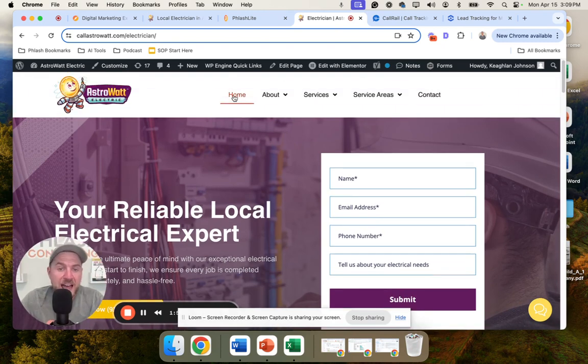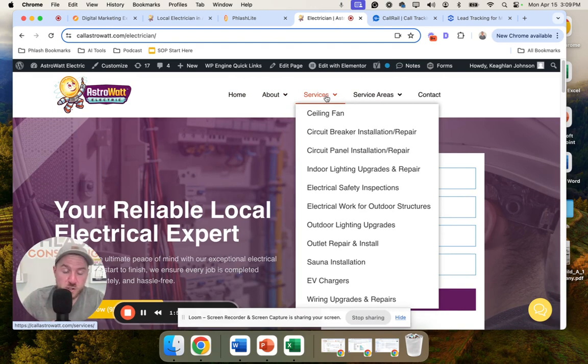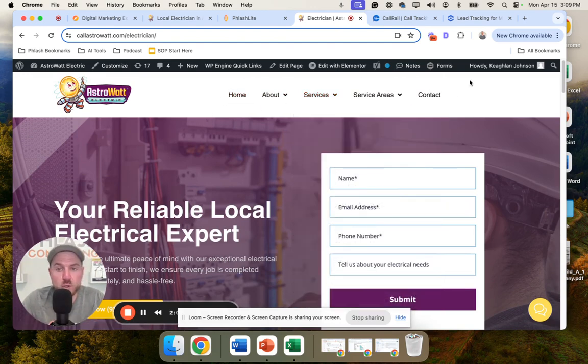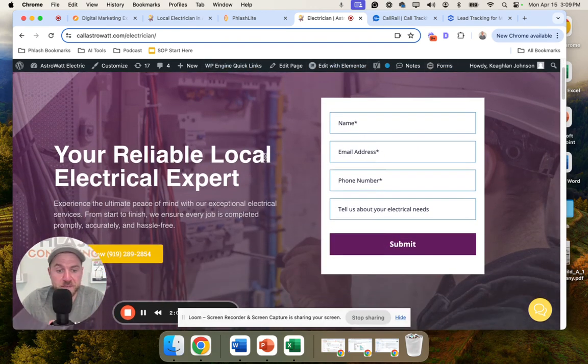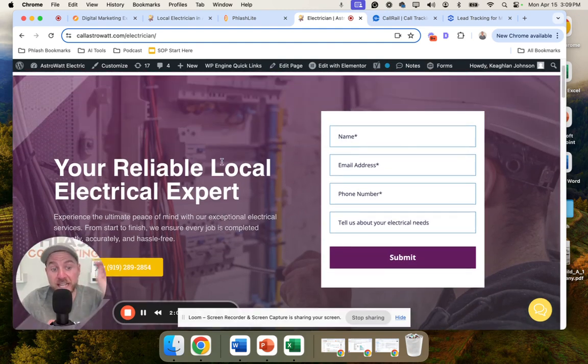You want to have as limited an amount of links as you can to go to other pages on your website. Ideally, you would remove this entire menu section. You would remove any external links into other pages, and you would have just a simple landing page with a web form and a tracking phone number. You could use a platform like CallRail, Twilio, any place that you can get a tracking number. Some CRMs even have them, but you want to get a tracking number